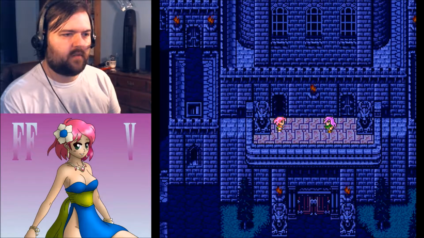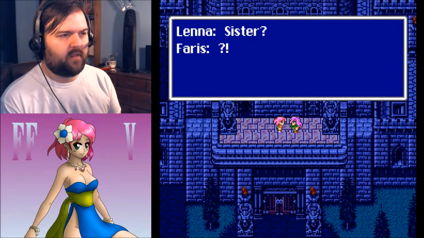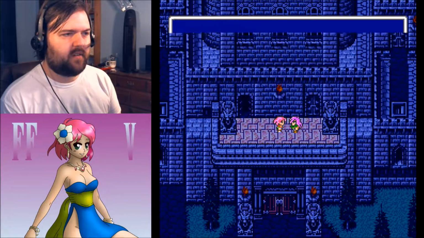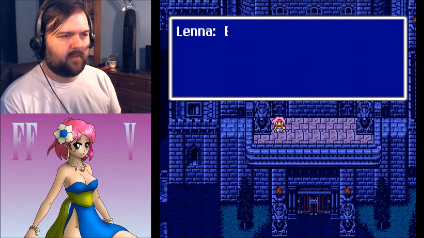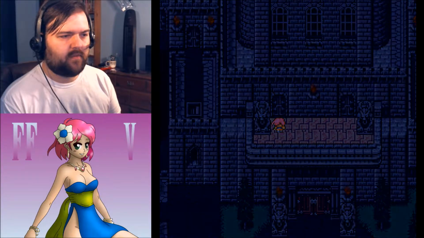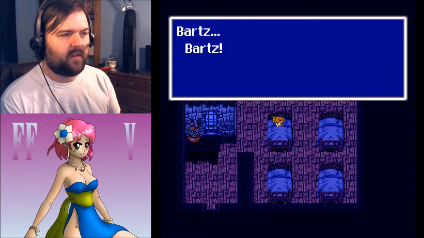Ferris? Huh? Oh, it's you, Lena. What is it? Sister? It's true, isn't it? What are you saying? I'm your... Think before you speak, Lena. But... Me? A pirate leader? Really a princess? That's not even funny. But your pendant... Bart's...